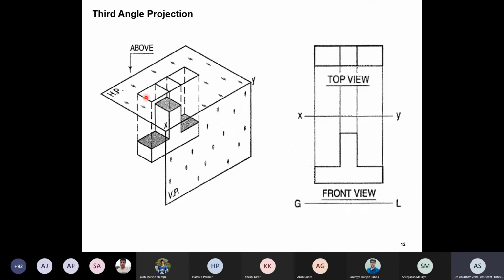So basically the top view means you're looking through the horizontal plane, and it will look like this. And front view is you're looking from this side, so it will look like this. And in third angle, we also say that there is some ground level, GL. So whether it is on ground level or above that, this will be more relevant when we talk about section of solids. Today we are talking only about points and lines, so that will not be much relevant. But when we go to prism and solid objects, that will be more useful concept, ground level.